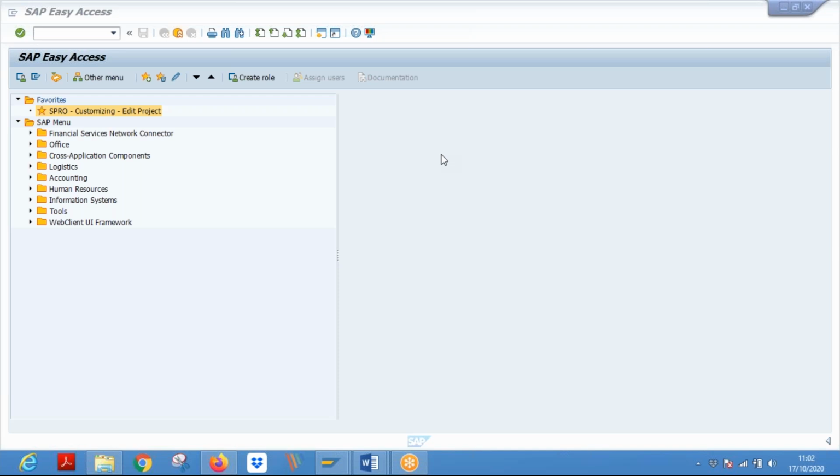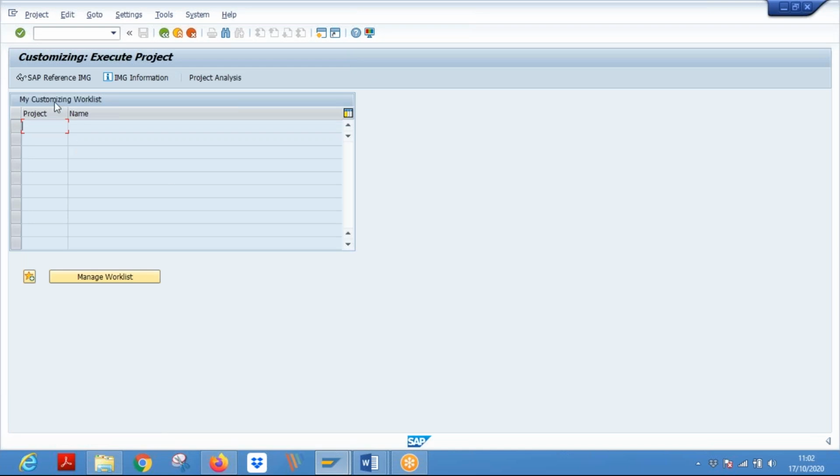In the last session, we saw configuration related to enterprise structure. In today's session, we are going to see further configuration related to personnel structure. For that, you need to go to transaction SPRO,